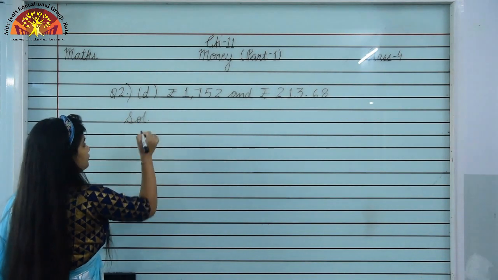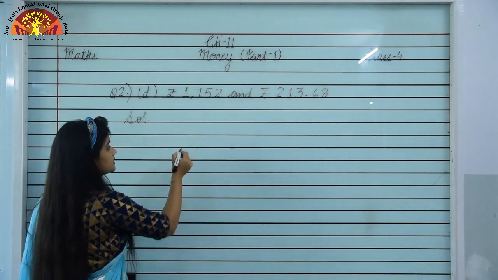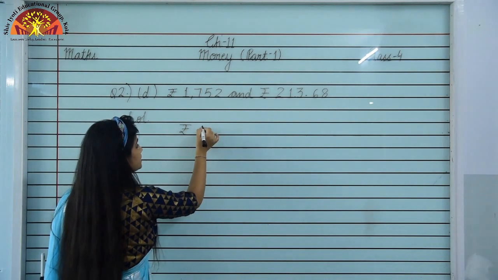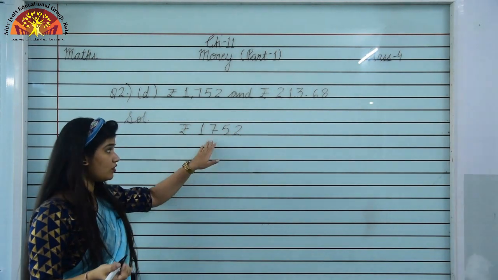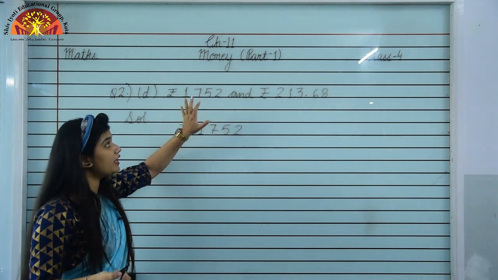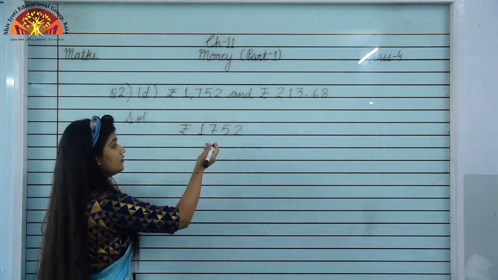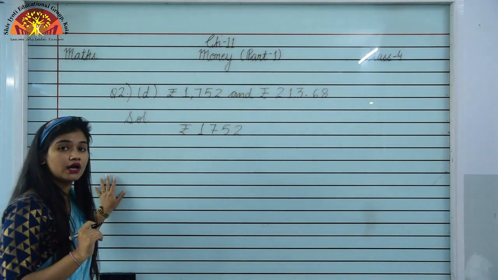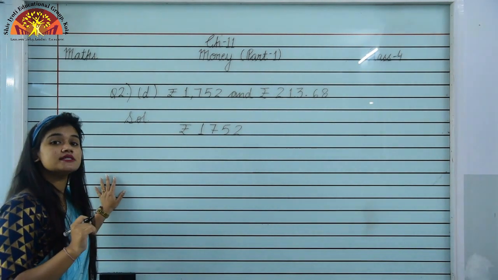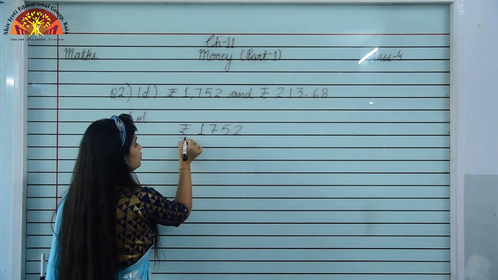First of all we have to see how we can arrange these numbers. So the first number is rupees 1752. We cannot see any decimal here. We are not able to see any paisa here. So we will write it as it is, and the next number is rupees 213.68. So students, rupees